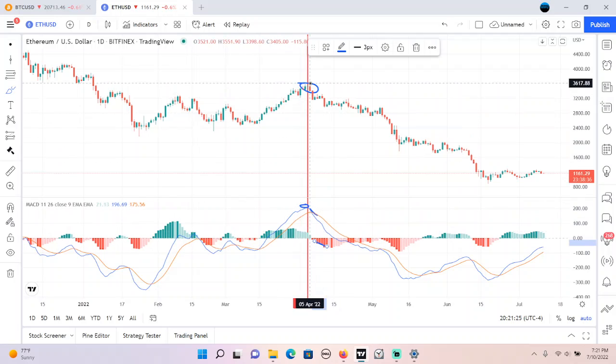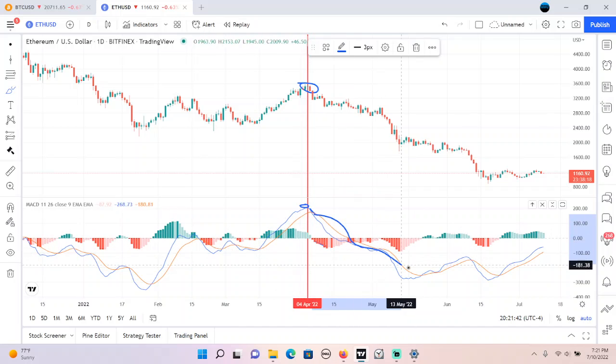A good signal is when the blue, the lower moving average, crosses the higher moving average, blue crossing orange down, which means a downward trend, and we stayed down for a while